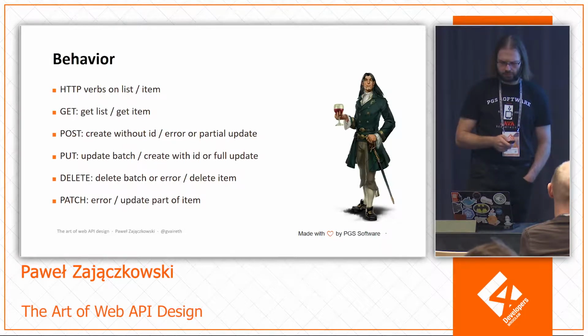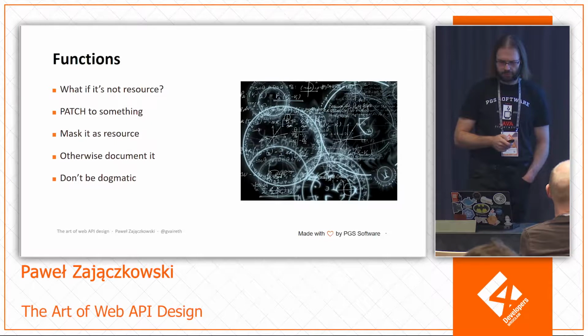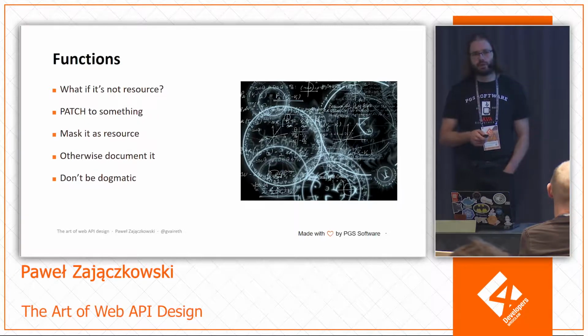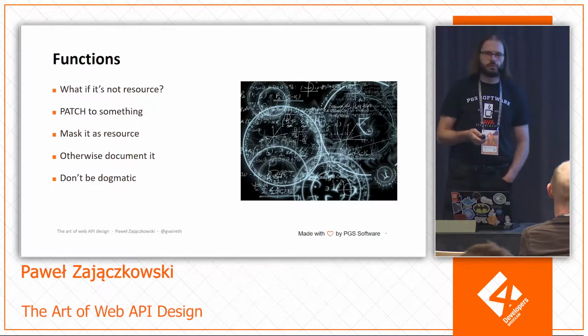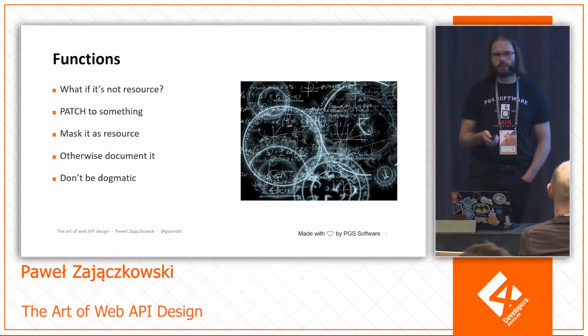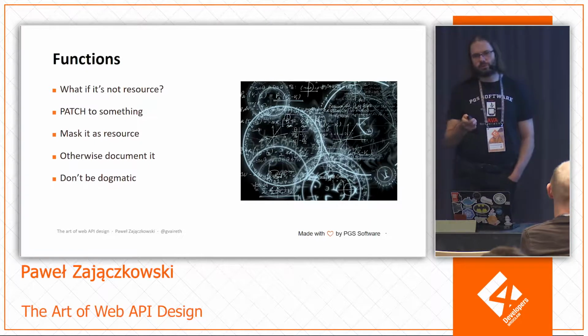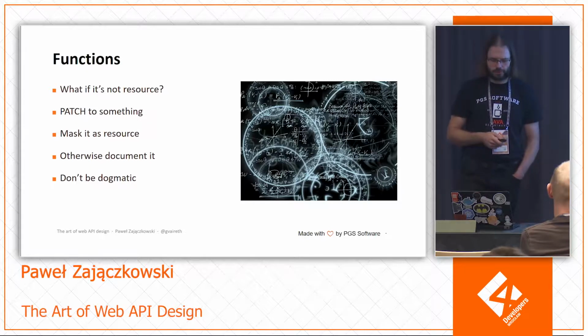All right. Next, we have functions. So we said that nouns are the focal point of REST, and resources. So what if we have an endpoint that is actually a function? Basically, we can do two things with that. Either we can say that this is a modification to some other resource. For instance, say you want to cancel a ticket for a train. So we have a booking object, and you patch it and change the status to cancelled instead of booked or something, or done. That's one thing.